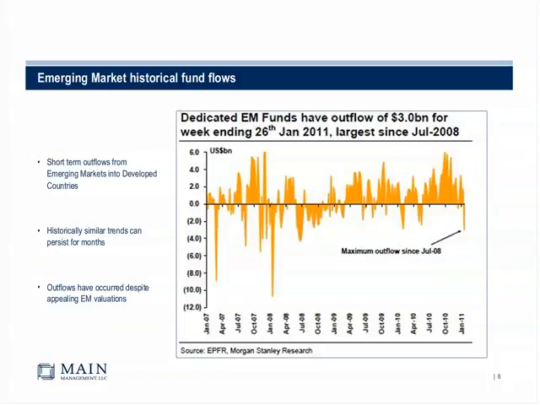On the next slide here, what this shows is specifically just emerging markets. So it's taking that last panel, and now we are looking at a longer time frame for the emerging markets, going back to January of 2007. And what you can see, if you look at that spike down that we had on the 18th of January, that was the biggest outflow that we had seen since July of 2008, so 2.5 years prior to that.